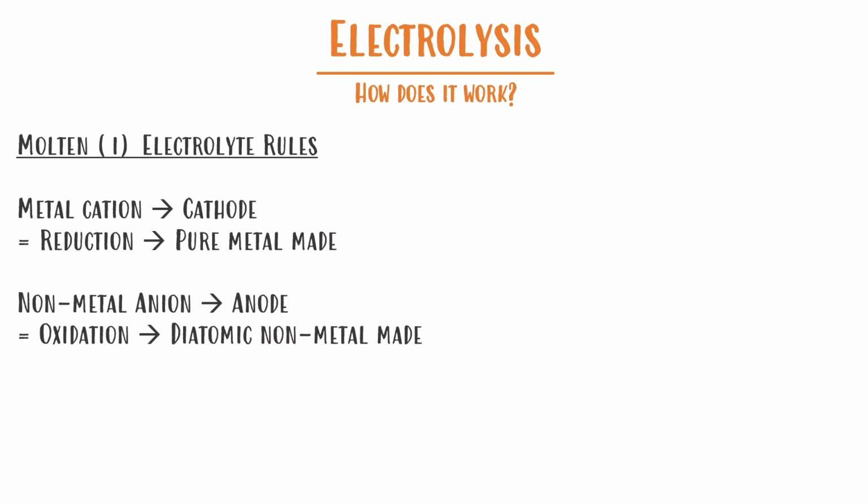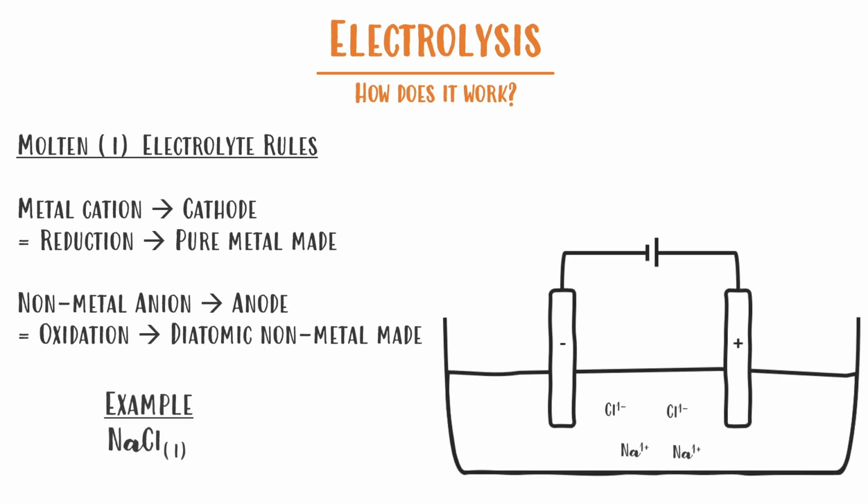Let's have a look at an example. Now over here we've got sodium chloride, and we know it's molten because it has the L, liquid, for its state. Now in the diagram here we can see the ions. We've got a mixture of sodium ions, which are positive because they're metal, and chloride ions, the negative ones, because they're non-metals. Now following the rules, the metal ions are going to go to the cathode,